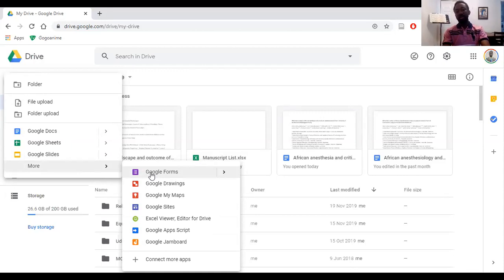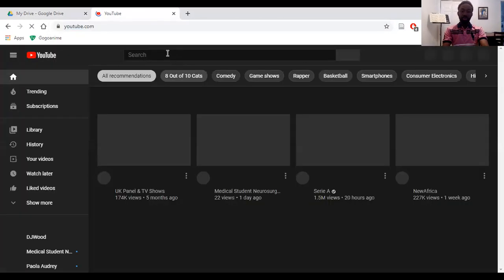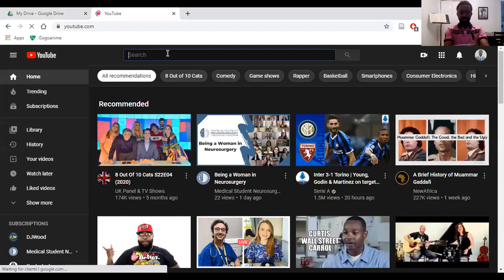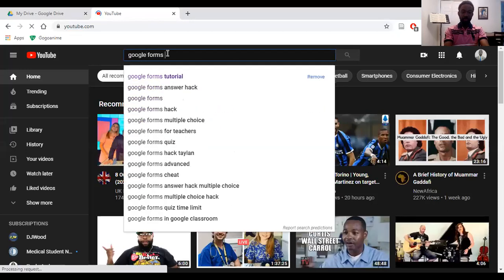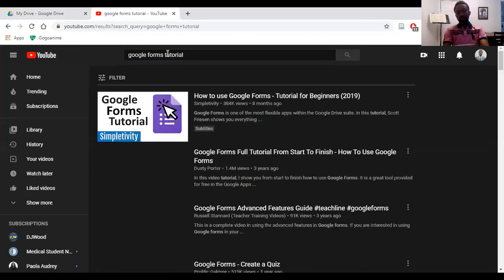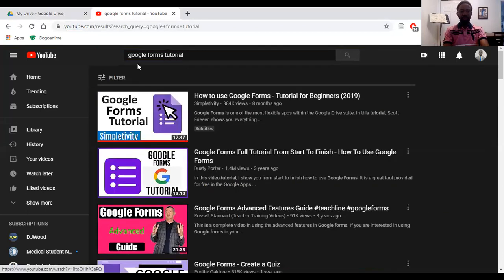In this way, my data is on the cloud. I'm not scared that if I lose my laptop or my laptop gets damaged, I've lost all my data. The next thing is I can convert the responses directly into a spreadsheet, then do the data analysis. So here again, if you want to know how to use them, there are short videos on YouTube. Go on YouTube and then you type forms tutorial. There you go. Really easy to use, honestly. Nothing complex. So feel free to do that.